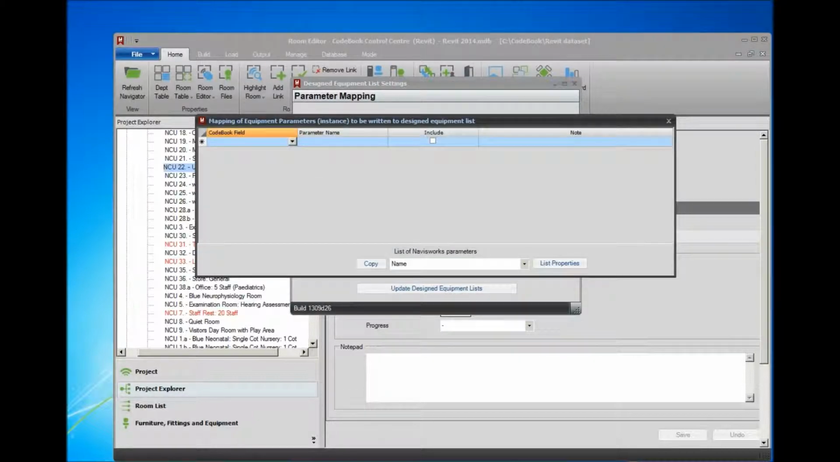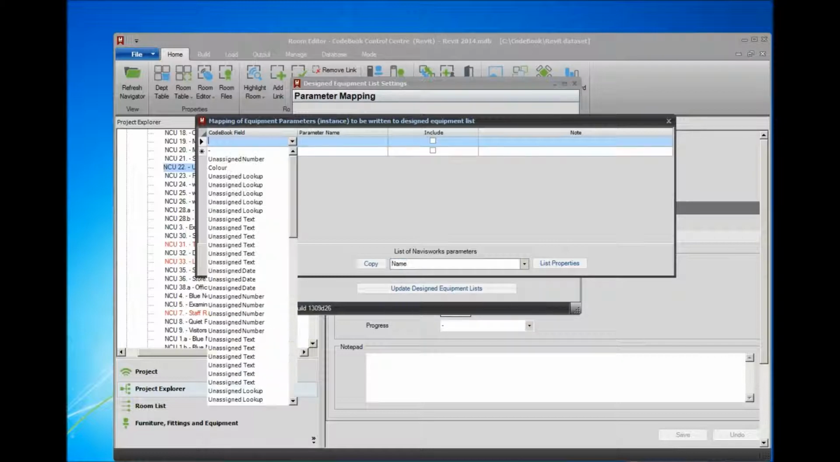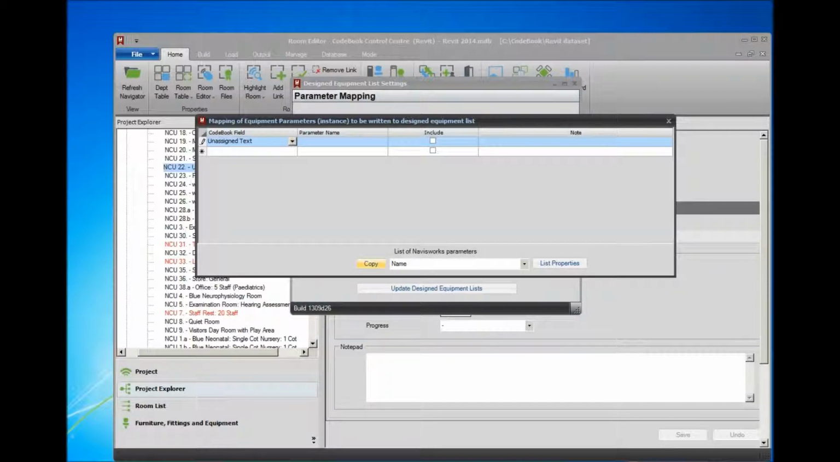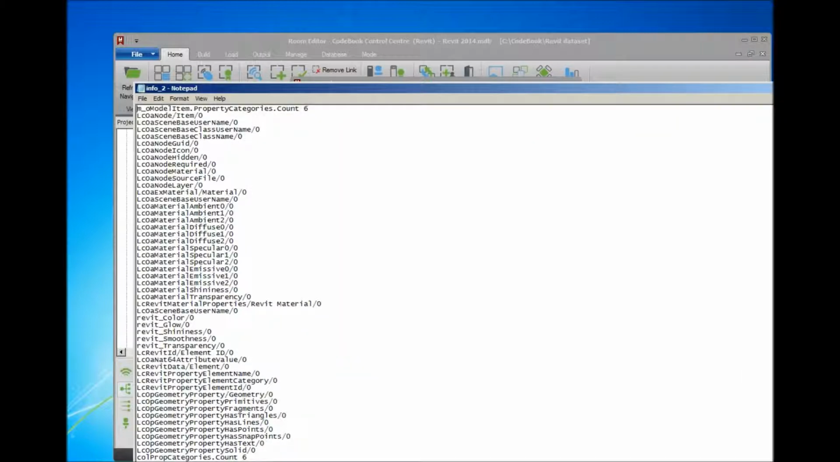Once that's complete, we should see those as a list of parameters available in the drop down, and it's simply a case of selecting the parameter we wish to include and clicking copy. So we're going to choose the parameter we want to map that information to. These are all unassigned at the moment. Click copy, tick include, add a note if needs be, close that option,